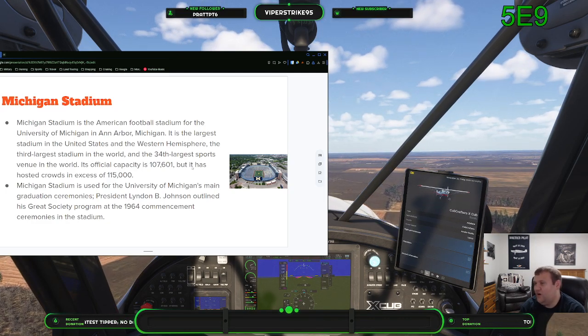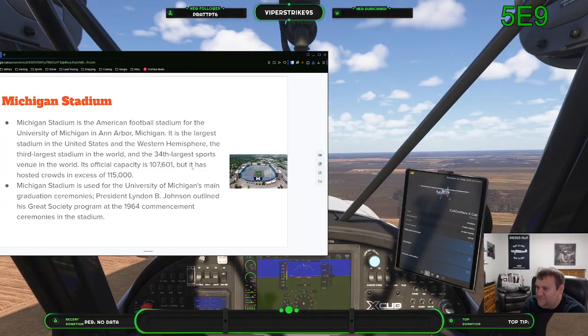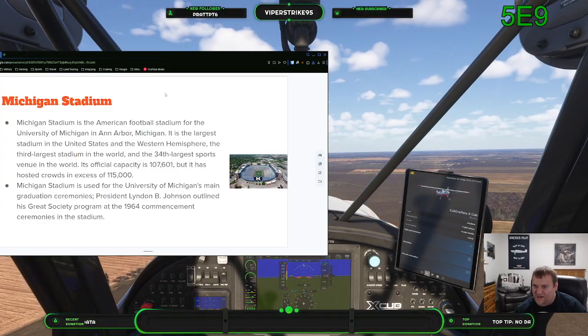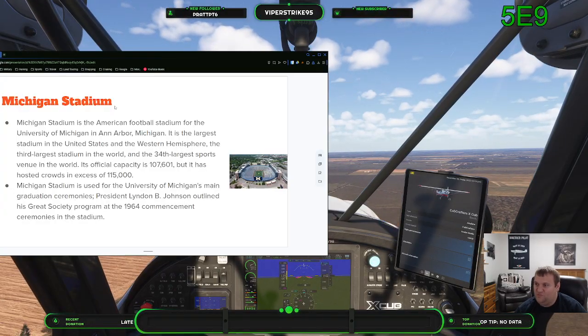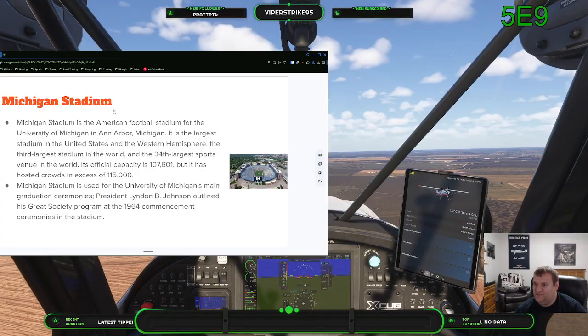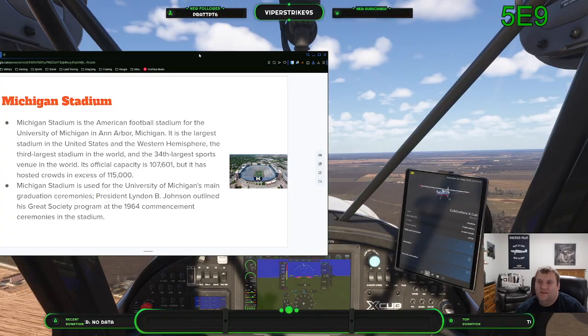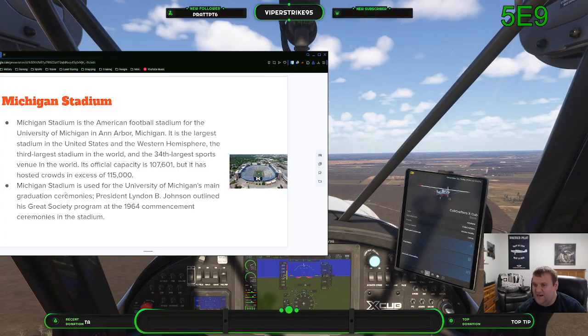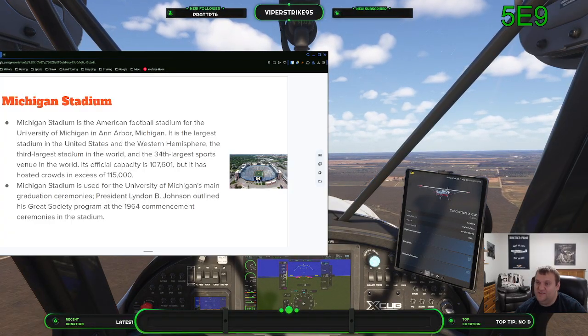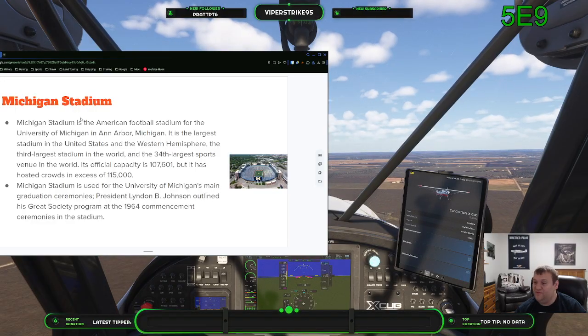It's almost 100 years old. This place is insane. It's once in a lifetime for a college sports fan to make at least one visit to Michigan Stadium. Yes, Michigan Stadium is absolutely massive. In terms of stadiums, there's only two stadiums bigger than this, by the way.